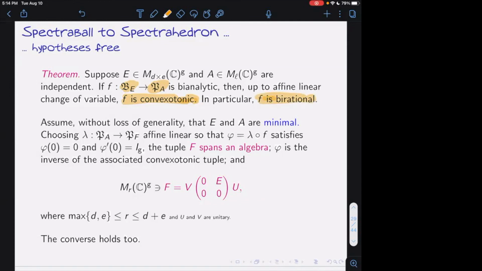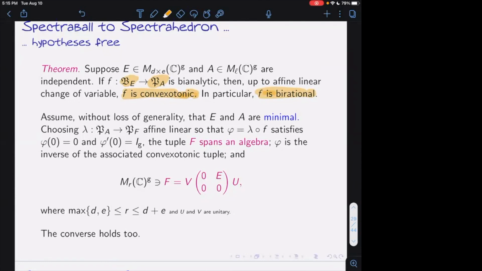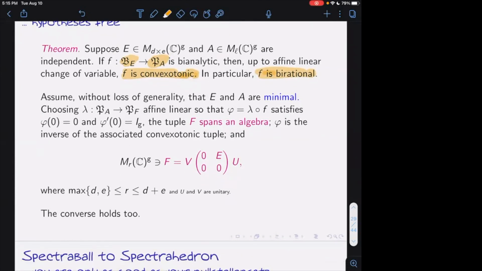If you assume that E and A are minimal, so we already talked about minimality for A, for a tuple that defines a free spectrahedron. There's also a notion of minimality for a tuple E that defines a spectral ball. But if we're assuming that those are minimal, then